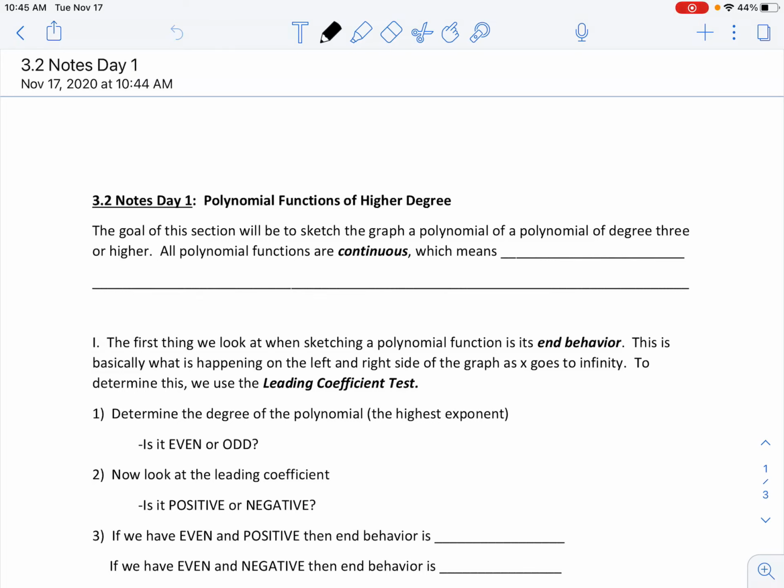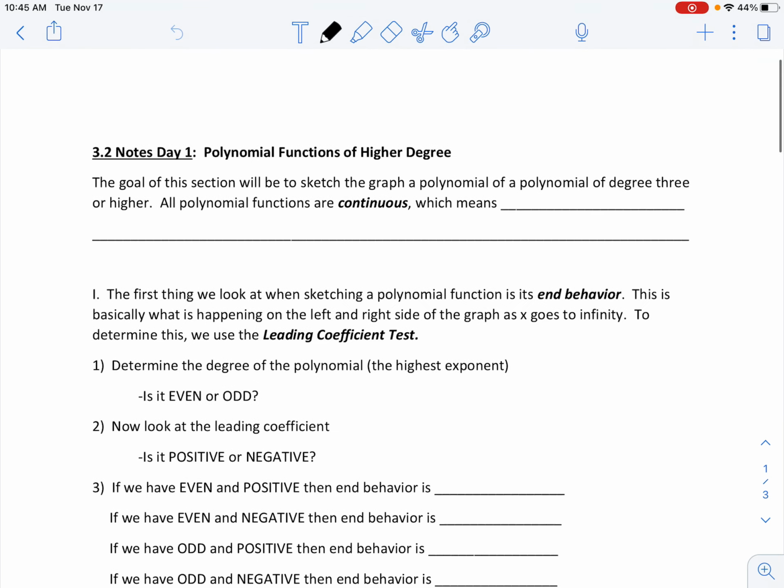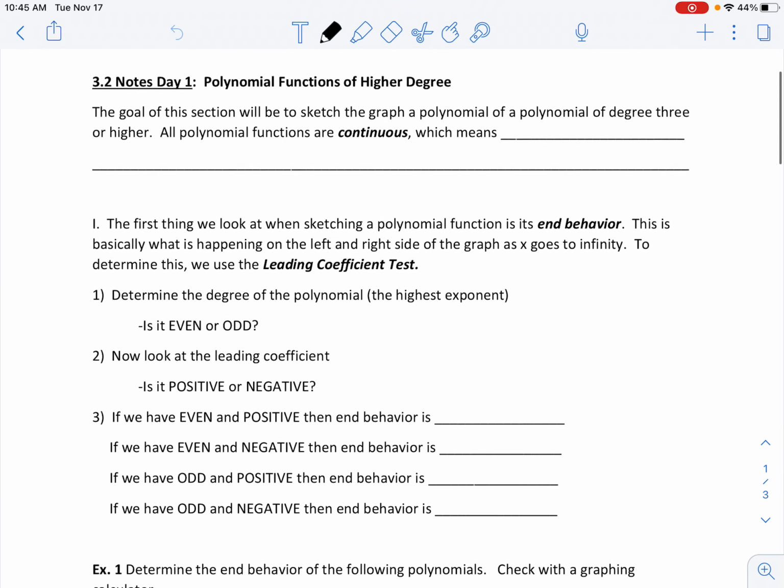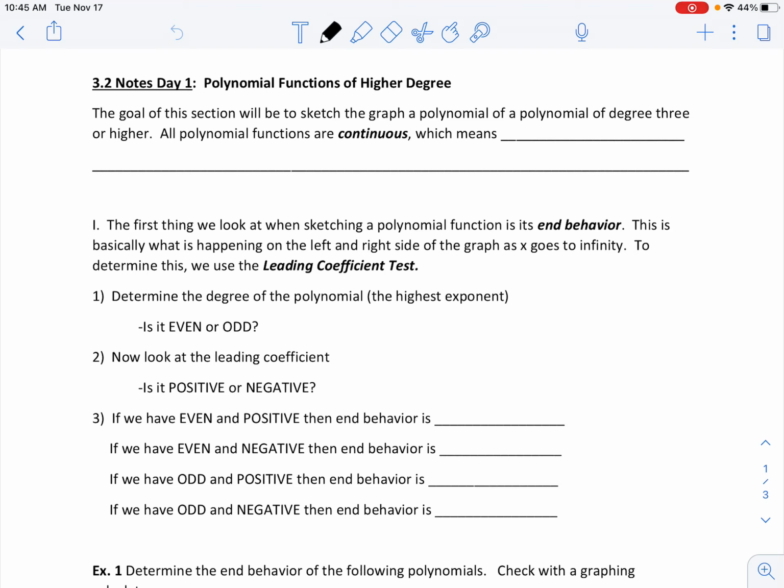Hey guys, so here's a video on 3.2D1. What we're going to see now are different kinds of functions that are not just lines and parabolas. There are going to be maybe of degree 5 or degree 6, meaning that the highest exponent you're going to see in them is bigger than 2, and we're going to see what these guys actually look like. So the first concept that we must go over here is to see what it means for a function